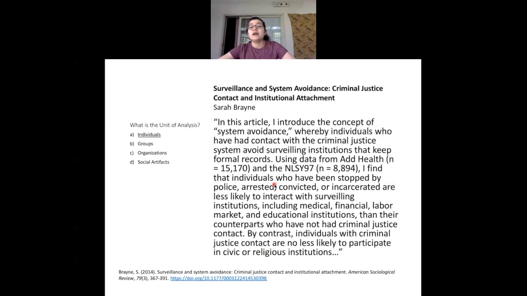But if we look at it, what she's measuring, her granular data, is individual people. The independent variable is whether or not you've had contact with the criminal justice system or have not. And she's analyzing whether or not that causes individuals to act differently post-contact or no contact. So this is really cool because you can develop these larger concepts and theories about how dynamics work and whatnot, and you can use individuals and smaller units of analysis to represent those larger theories, right? Okay,